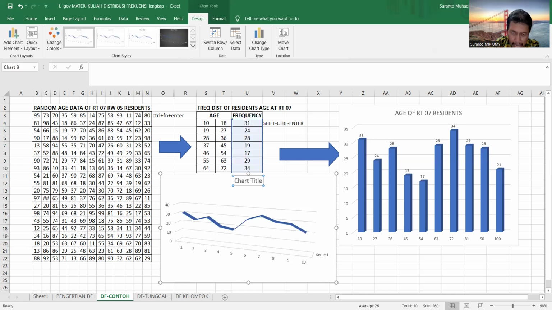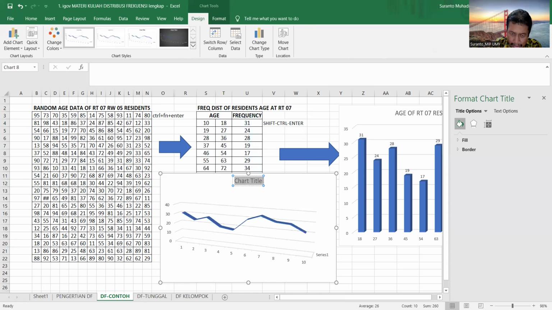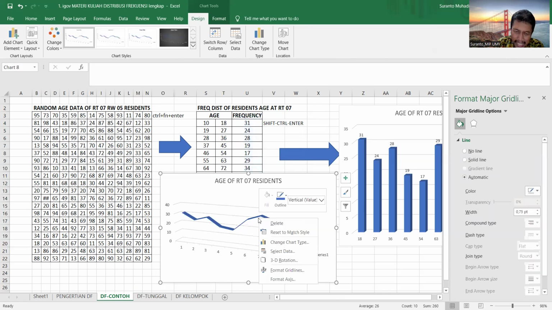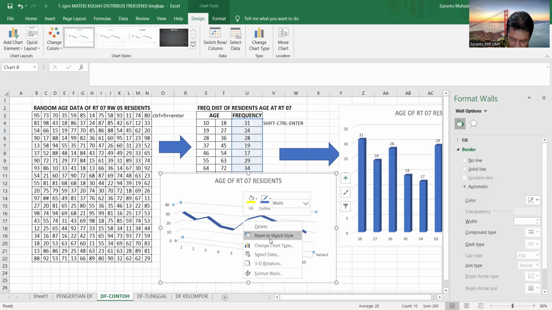The title would be the same as the first, Age of RD7 residents. And then you can also click this data.